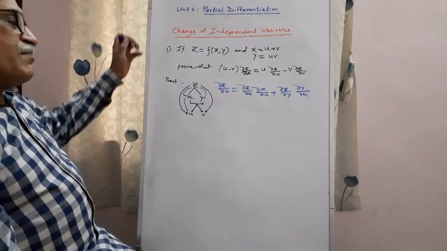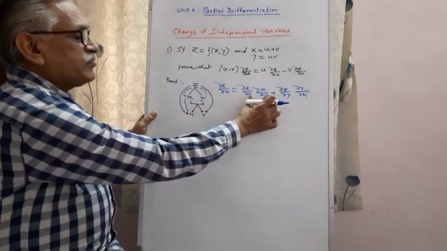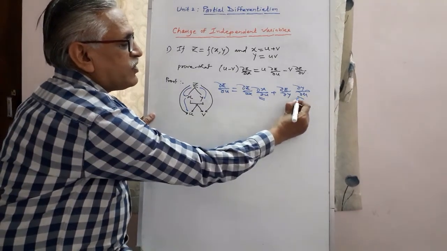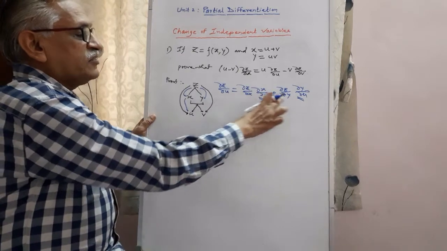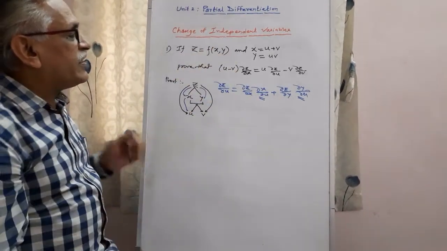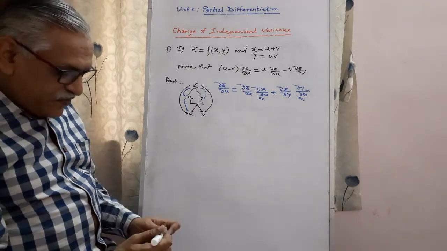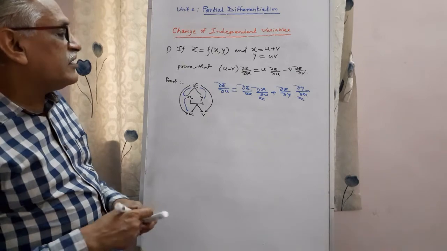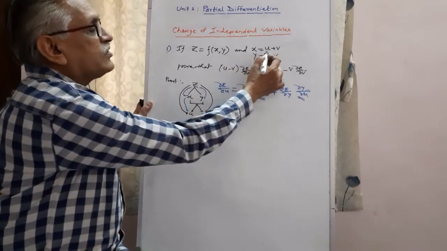Here are all the partial derivatives. Then out of these four derivatives, we can determine ∂x/∂u and ∂y/∂u. This we have to keep as it is because z is mentioned as f(x, y). The function is not given. Therefore, we get, differentiating x with respect to u.